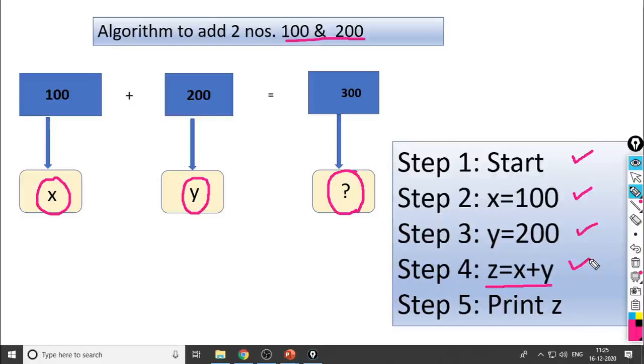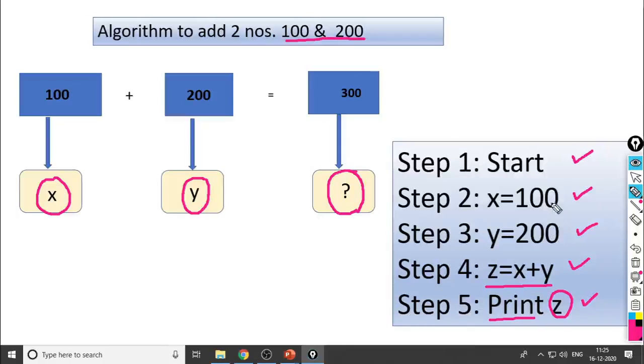z. And once we perform the addition, we have to put that value on the monitor. We have to display this value as output. So what is the output statement here? Print z, because z has the result. What would be the value of z here? 100 plus 200 gives you 300. Okay, got it? First value is 100, second value is 200.